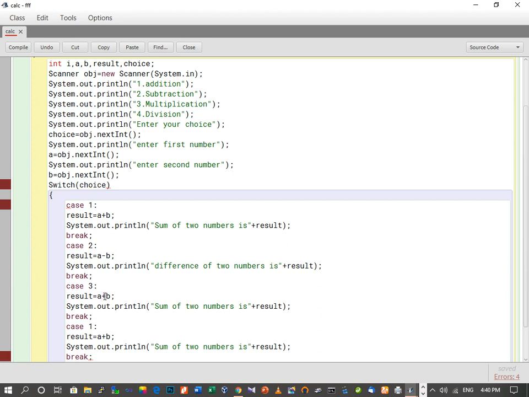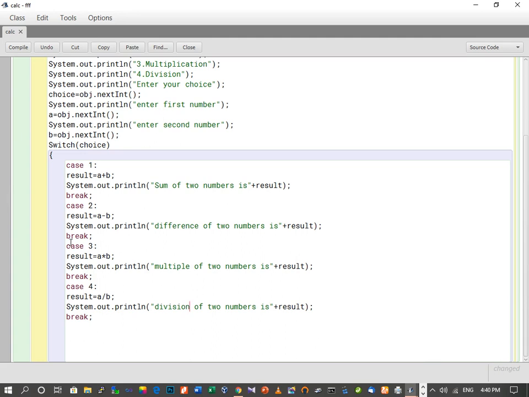So here we write the multiplication sign, and here we can write "Multiple of two numbers is" plus result. Then the fourth case is for division. So here we write the division sign, and this is case 4. "Division of two numbers is" plus result.